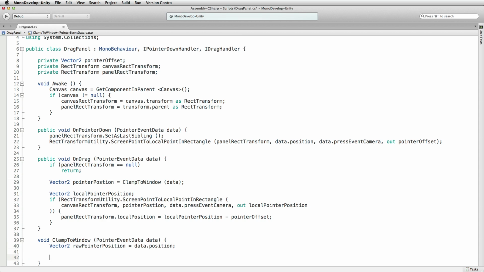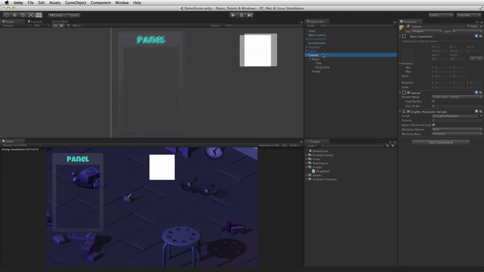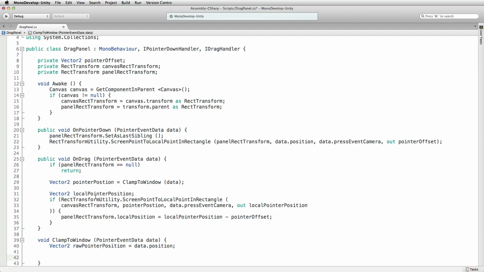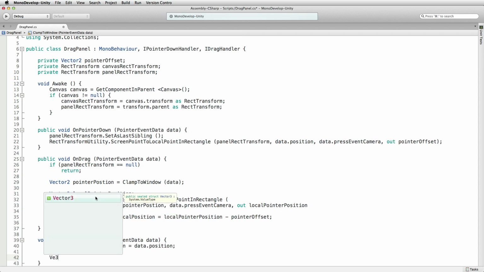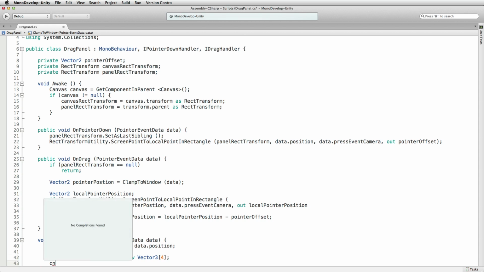And then we need to get the corners of our canvas. We need to know where our canvas is. So when we look at our canvas, I want to know where these 4 corners are. And there's a convenient utility. So we can make, and these are Vector3s because those corners are in 3D space, but also this is a collection. It's an array of Vector3s called canvasCorners. Canvas corners. And they're going to be, let's set that to a new Vector3, and let's give it the size of 4. And we have our canvas, we want to take our canvas rect transform,